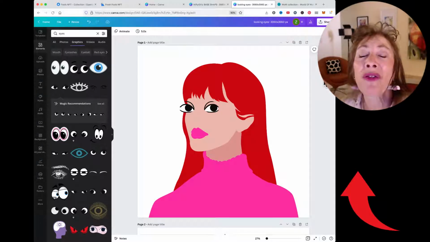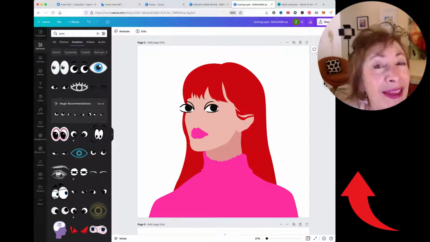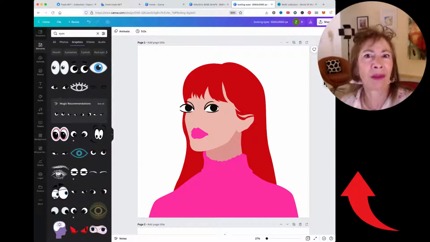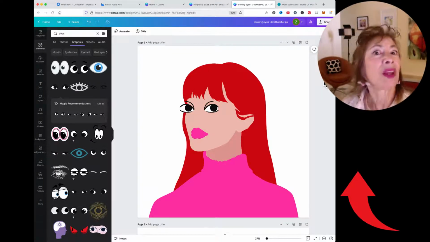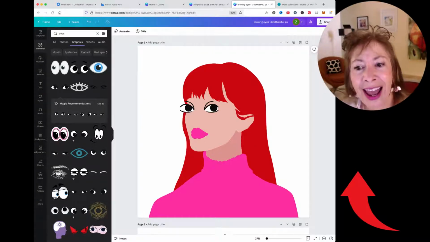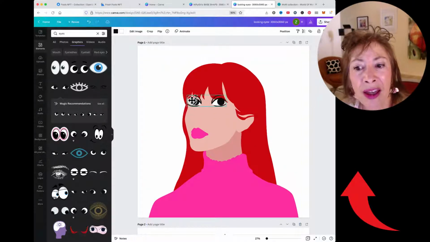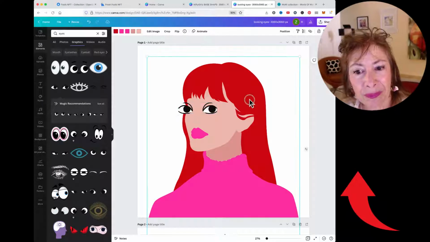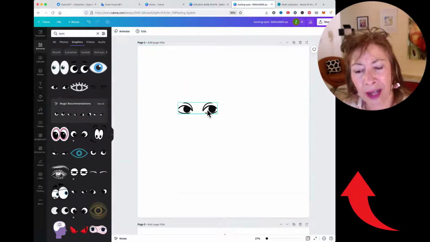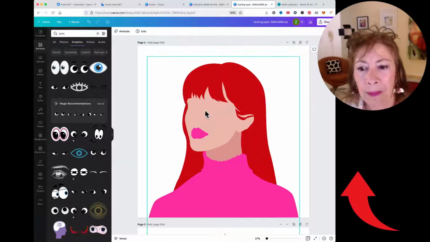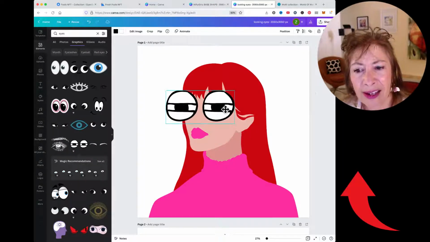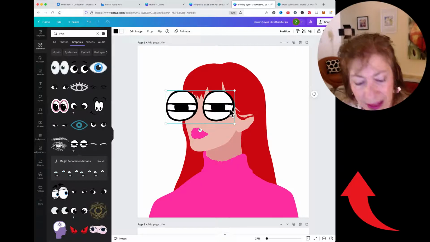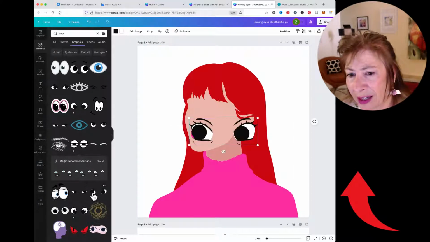So you can see how you can use Canva with Photoshop or any program like Photoshop and create your layers in Canva. Super simple, so much fun. And then use that individual layer, like I just showed you, separately. So what if you wanted to do silly eyes like these? You could do silly eyes like these, or you could do fun eyes like this,